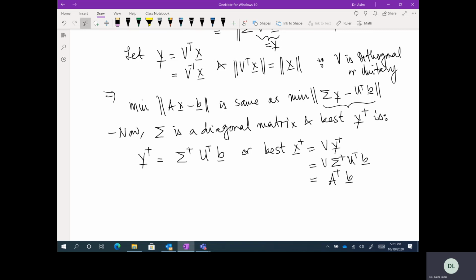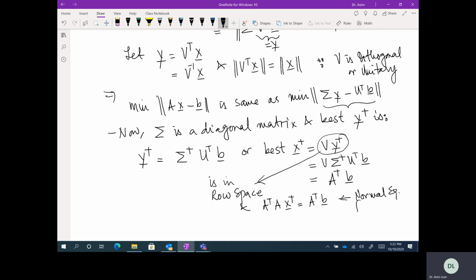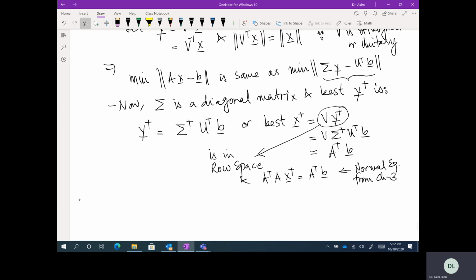And where is this? V y plus is in the row space, and A transpose A x plus equals A transpose b, where this is in the row space, and we know this is the normal equation from chapter 3. Okay, so before we end,